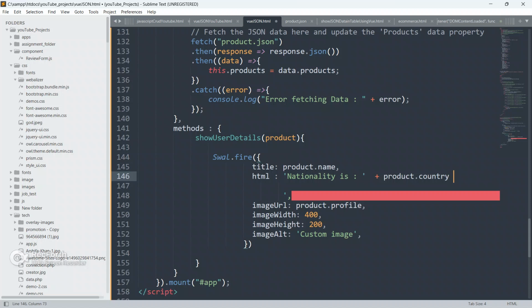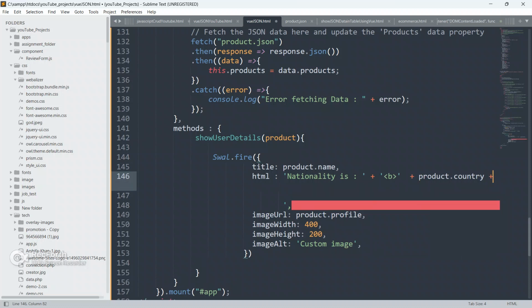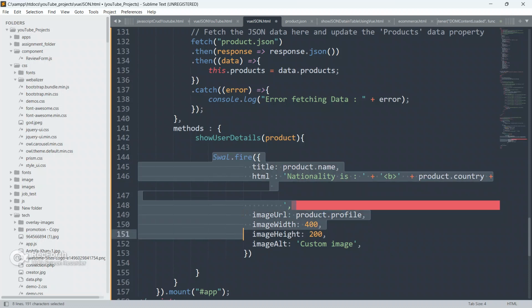Paste it here. We will also put a B here, for bold, and concatenate this first, and put plus here also.